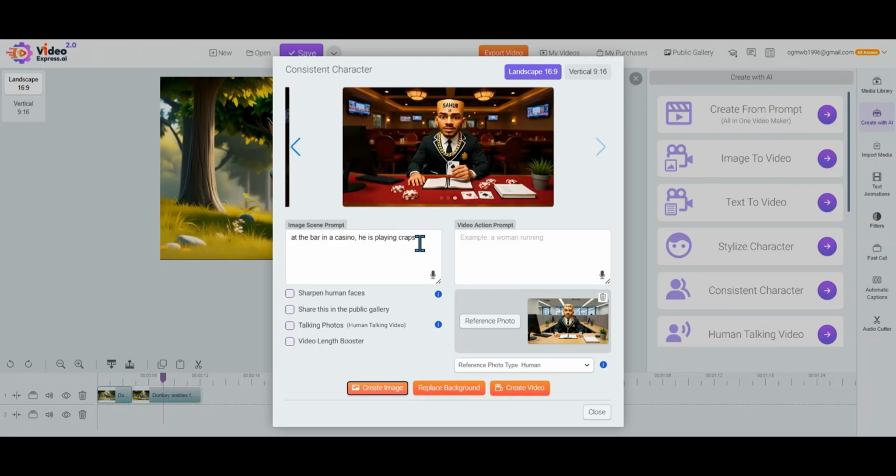I don't want him just to be it. Okay. He is standing. All right, let's change this right here. Looks like he's playing cards. I want to remove it to put it out and everything. So let's go ahead and hit